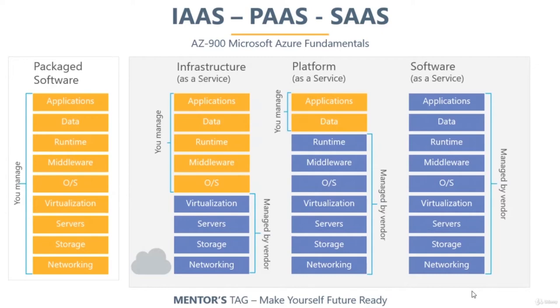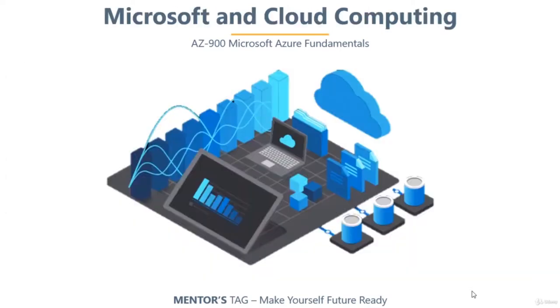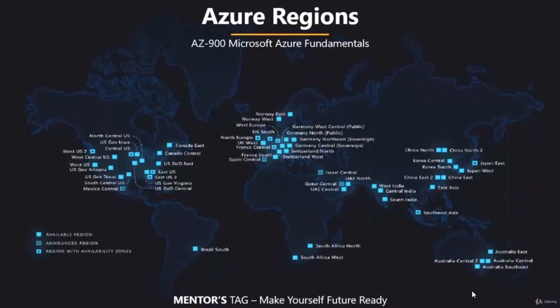Now it's time to move on with Microsoft and cloud computing. Microsoft has taken cloud computing in a very serious way, and they have a team of IT professionals and developers working on Azure cloud day in, day out. When we focus on cloud computing, Microsoft is the only cloud provider which is providing you more than 58 regions available across the globe. As you can see on this world map, each dot is representing one particular region. And remember, one region can have minimum one data center, or it can have 3 data centers.